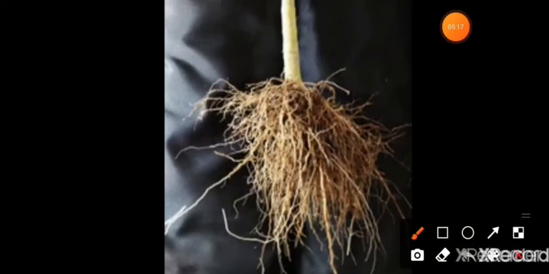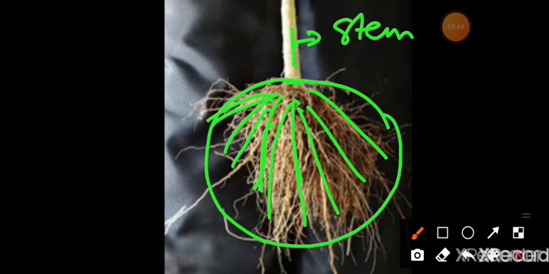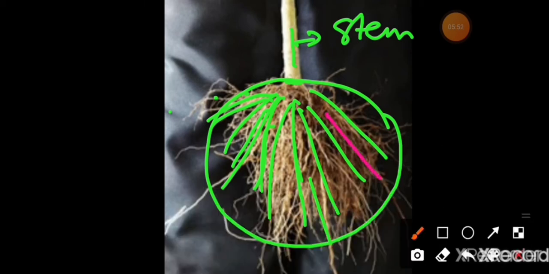Okay, you can see here, this is the fibrous root, in which there are a number of roots. These are a number of roots. They grow from the lower end of the stem. This is the stem part. And they grow from the lower end of the stem and look like a mass or bunch of fibers, and they grow in all directions. You can see in these pictures, they grow from all directions